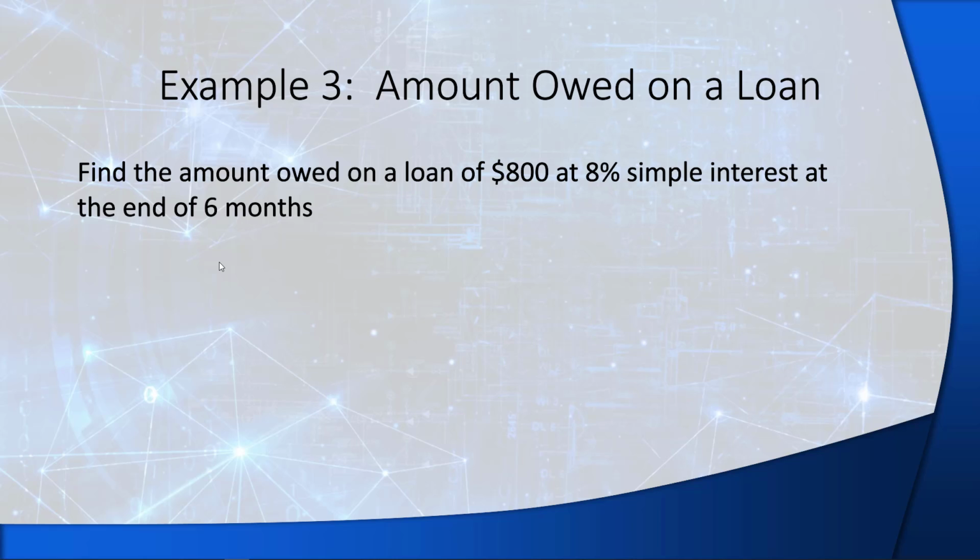So let's return to our example of the $800 loan at 8% simple interest at the end of 6 months. And the question here is, how much will we owe at the end of 6 months? What will our future value be? Well, intuitively, we know that the future value is going to be equal to the principal plus the interest,